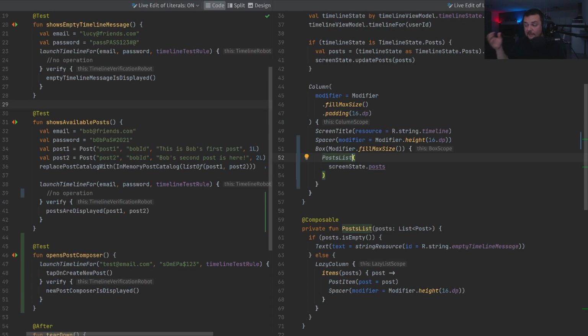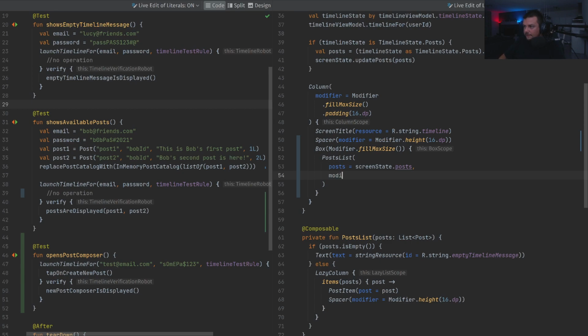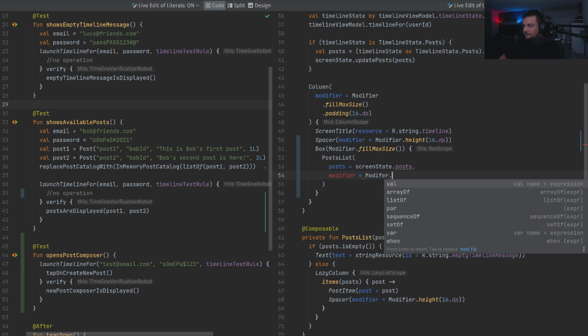My post list has to be a standalone component from my library, let's say, so the post list should expose a modifier, so whoever is calling it will be able to modify it in a way. So here I'm just going to pass the posts, they are going to be my posts, and then also I'll say modifier. It's going to be a modifier